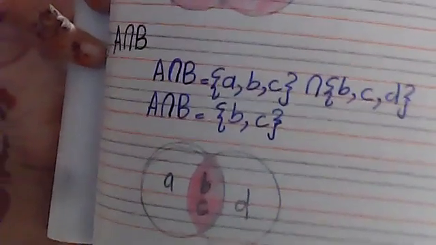Okay, Umar Nadeem, I'm checking your work. Again, one thing is missing here. Below the figure, you have to write A union B and A intersection B. The answer of A intersection B is wrong. In intersection, we will write only those elements which are the same in both sets, the common ones. So the answer is wrong, Umar Nadeem. This will be only B and C.